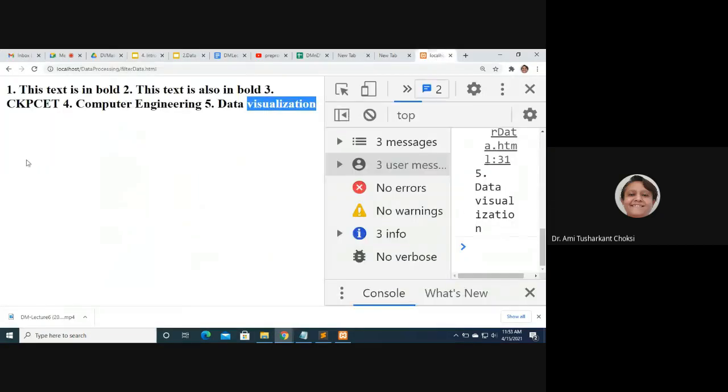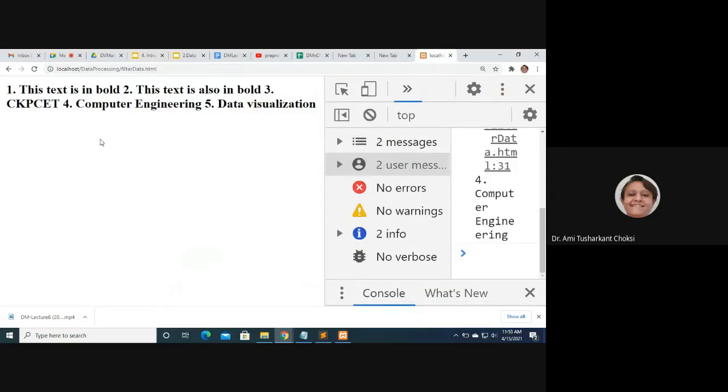Here it is. Should we do the refresh? So now it will show us the even number of rows. This text is also in bold, second number text, right? Then the fourth number text, computer engineering. Fine. So this is what we are able to see from the output of filter.